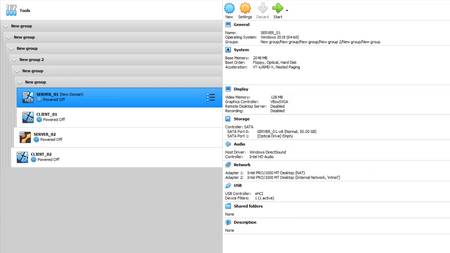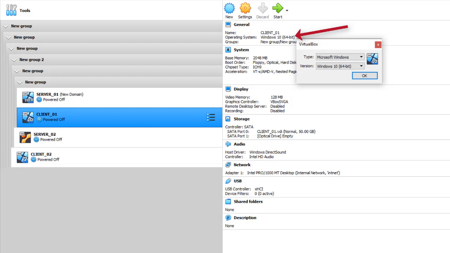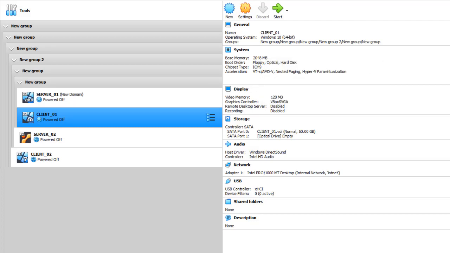This other one is set up as an internal network, so that'll be virtual machine to virtual machine only. If I have a look at client 1 over here, you can see it's got Windows 10 installed. It's got 2 gigabytes of memory. I can make that bigger or smaller if I want, up to a maximum of 16 gigabytes, because that's how much memory my computer has at the moment. I have a 50 gigabyte VHD hard drive there,